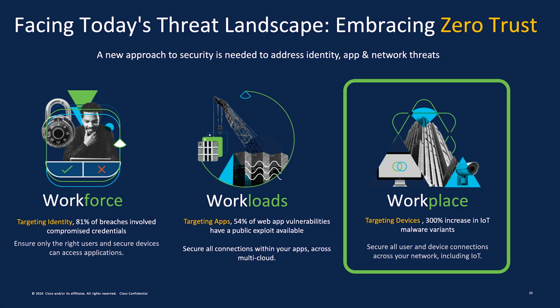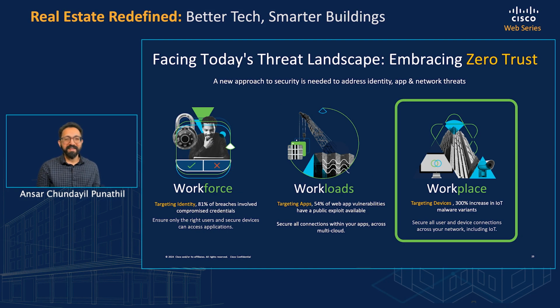So this evolving threat landscape and changing work environment really demand a new approach to security. Traditional methods based on network perimeters are no longer sufficient. This is where zero trust comes in. Here is the core principle: never trust anything by default. Always verify. Every user, device, and application requesting access to resources needs to be first authenticated and authorized before granting permission. And additionally, continuously verifying the trust is absolutely essential in zero trust security.